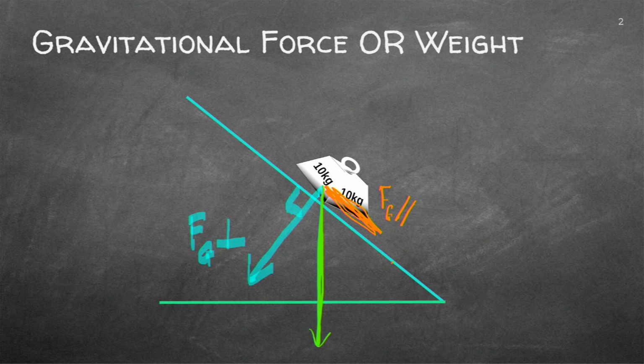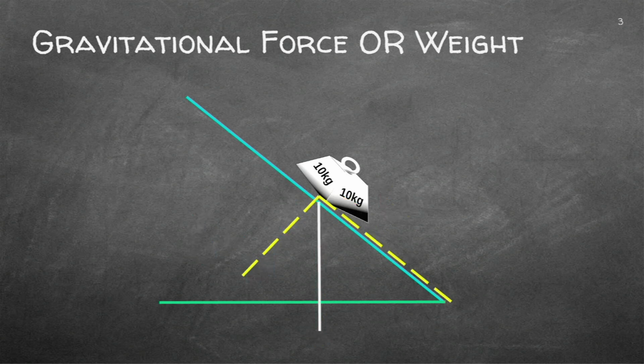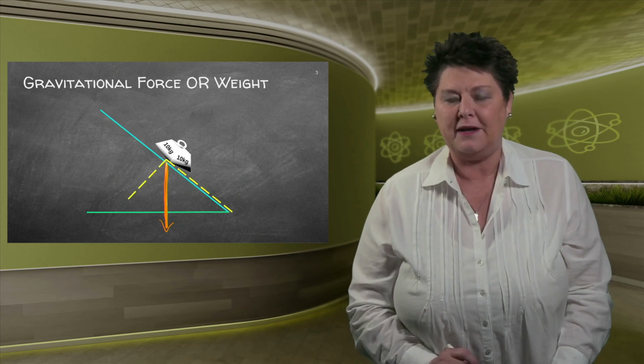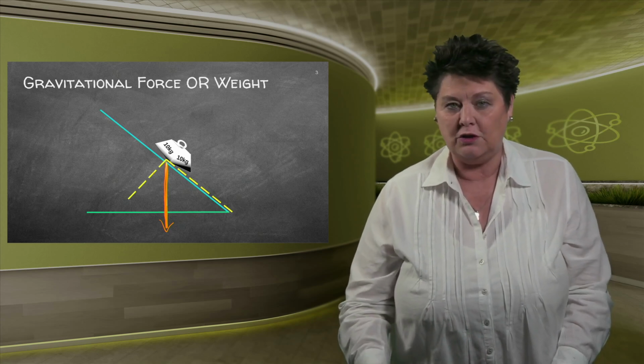We are going to do that and find a triangle in order for us to find the components of the weight. So never ever draw all of the components plus the weight. You can either draw the weight, which is that line, and then you can draw the two components as I've got it there in dotted lines. If you want to draw it in a solid line, you can only use yellow because none of the markers in an exam will use yellow pen. So be careful. I'd rather stick to the dotted line.